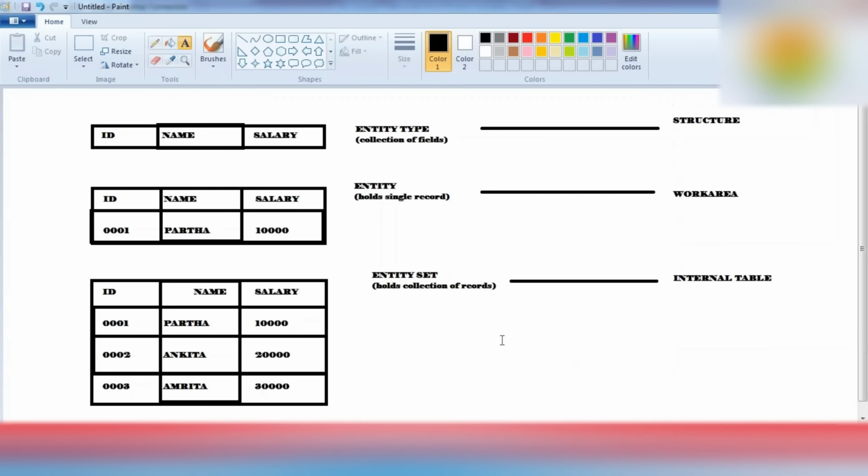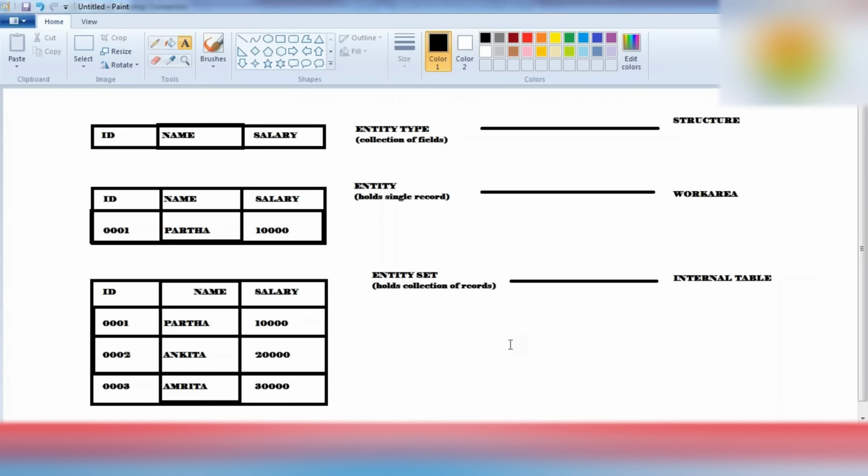This is the important thing that you need to know before moving into OData ABAP service development.